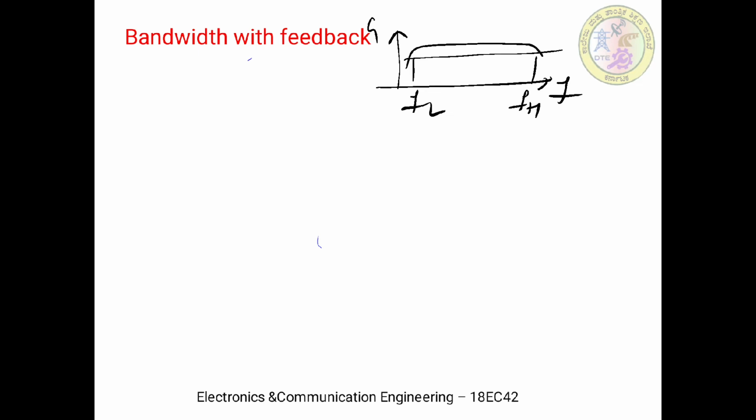So the bandwidth over which the gain is 1. Therefore, with respect to operational amplifiers, the unity gain bandwidth is indicated by UGB. It is defined as UGB is equal to A into F naught, where A is the open loop voltage gain and F naught is the break frequency of the op amp.